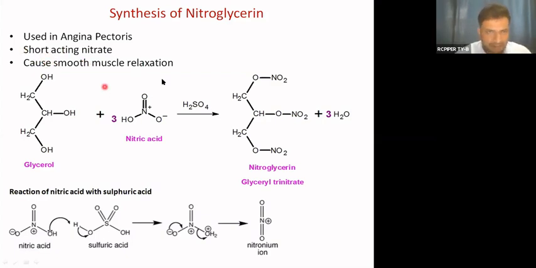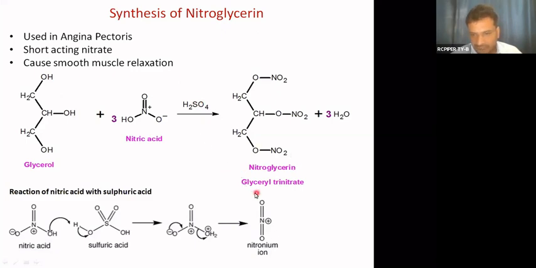We know the mechanism. These nitrates release NO, nitric oxide, and then GC is activated, and then GC stimulates the conversion of GTP into cyclic GMP, and later on smooth muscle relaxation occurs. Nitroglycerin particularly reduces the myocardial load, reduces the oxygen demand, and in that way helps in relieving the symptoms of angina pectoris.